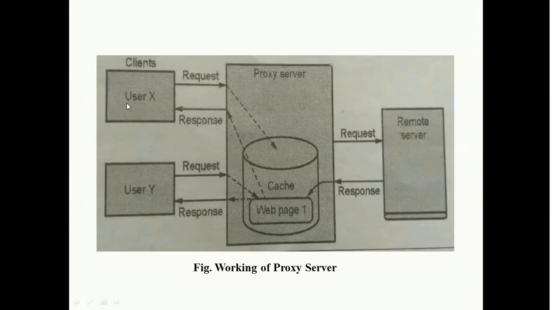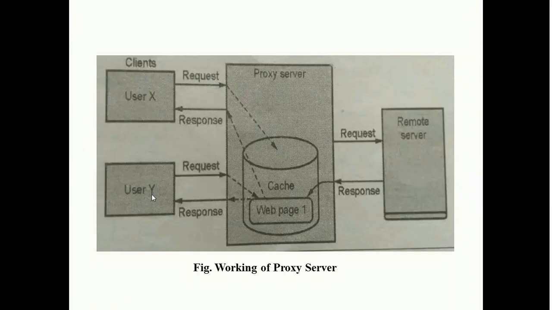Means this is the first client, user X, and user Y. User X wants to access the World Wide Web page 1, that page present in the server. Then it is first fetched into the proxy server and sent to user X, and after that, user Y wants the same page. That time,